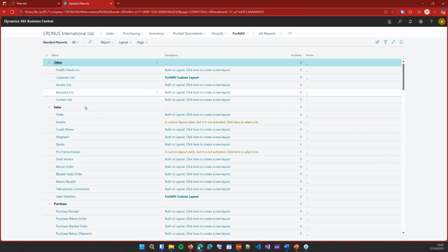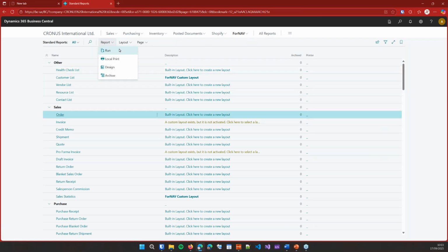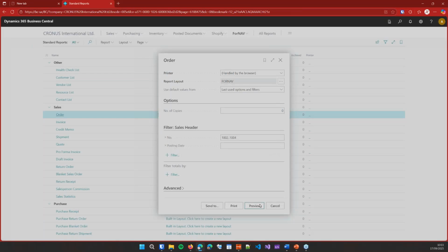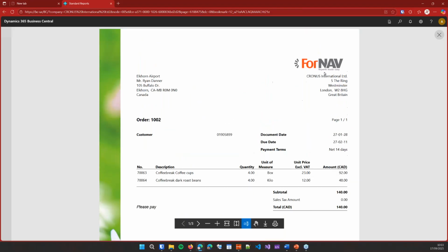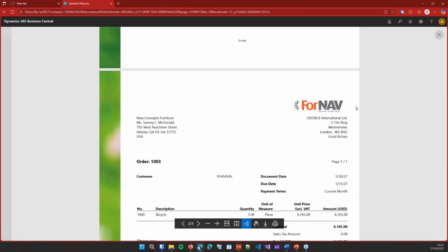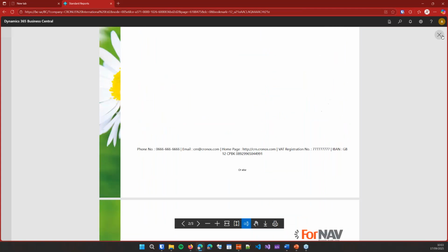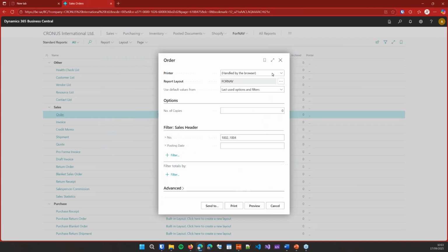Let's have a look at the standard FONAF report. If I run it without any changes, FONAF will get the standard Kronos International address on all of them. So if we want to use the responsibility center addresses, we need to do something to the FONAF layout. And what we need to do,